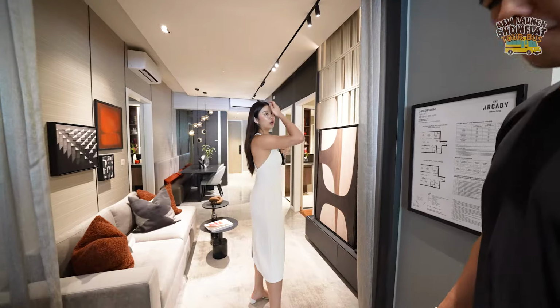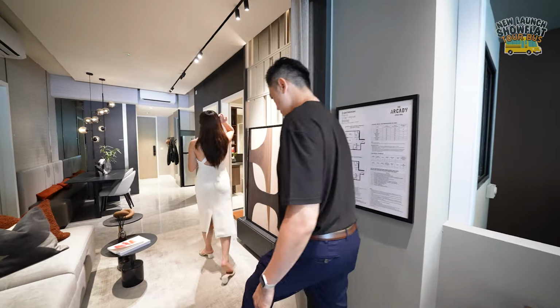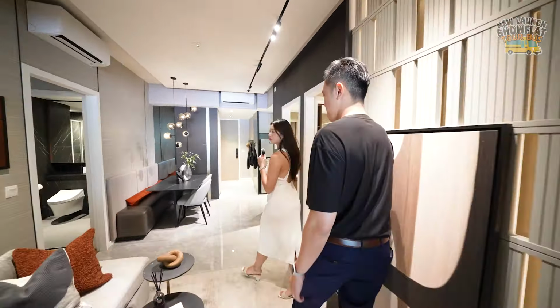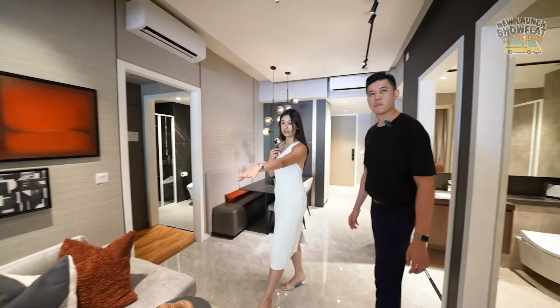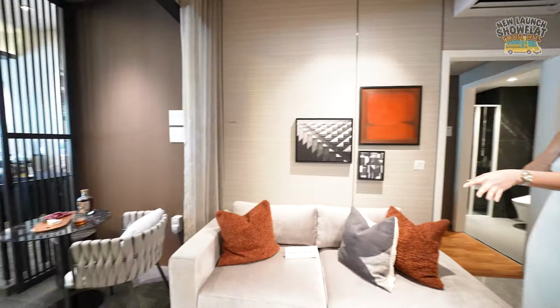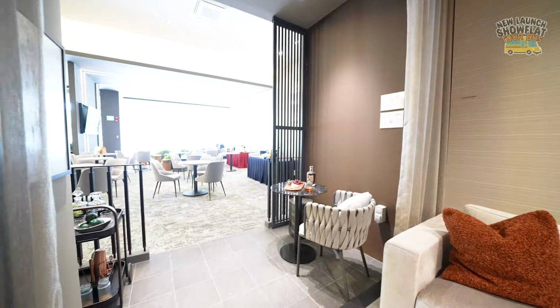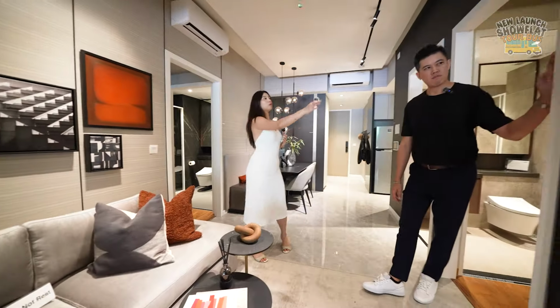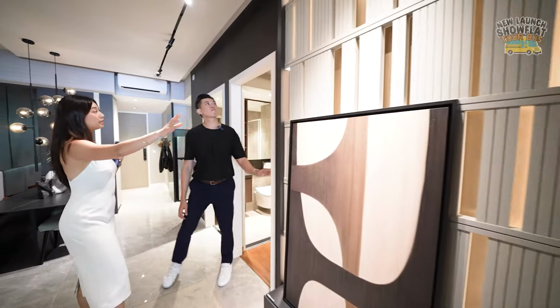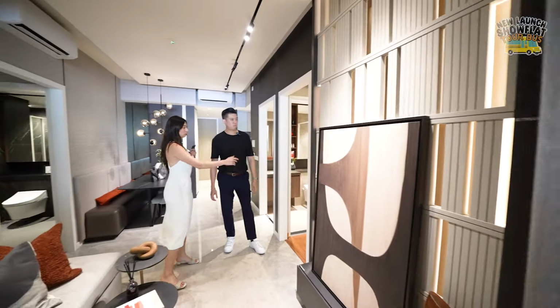678 square feet. Quite sizable for 2 bedders actually in today's new launch market, right? Just now when we headed in, you have the entire balcony space, and then stepping in, this is your living space. Good distance away from the wall. Of course, this is ID treatment. Then maybe Marc can talk a little bit about the...